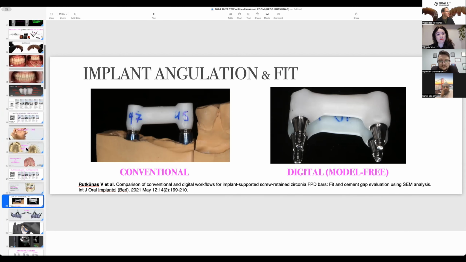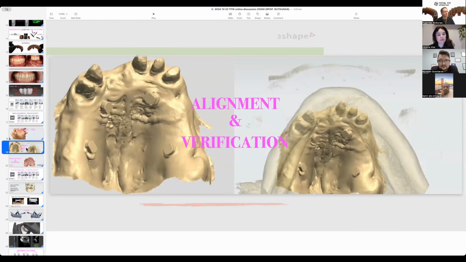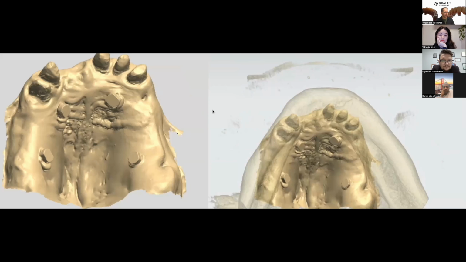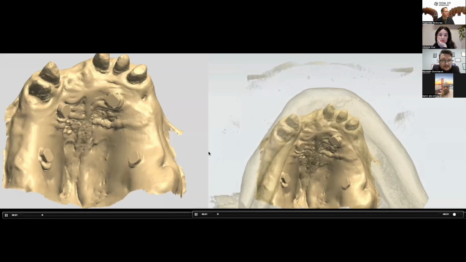Other things in a planning phase, for example, if we have a limited number of landmarks of teeth, you see just a few teeth remaining, and then alignment.